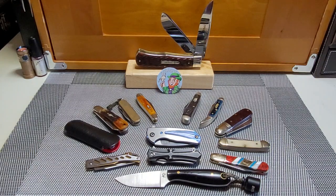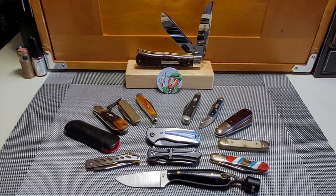And I'd love to know what your views are. When you came around, this is probably a better question. When you come around the knife community, do you feel that you have to follow, and the biggest trend is fidgety, drop shotty. That's all the biggest trend is. And there's nothing wrong, again, nothing wrong with it. But do you feel as if you had to go in that direction because that's what everybody else had? And when you posted your pictures, you get more likes if you post a big flicky shiny titanium knife, because most of the time that's what it is. The fancier the knife, the more clicks you'll get. Again, it's not clicks or